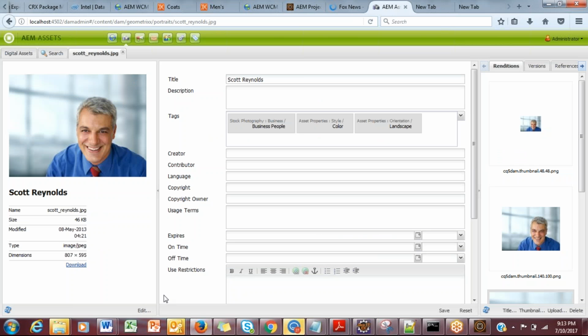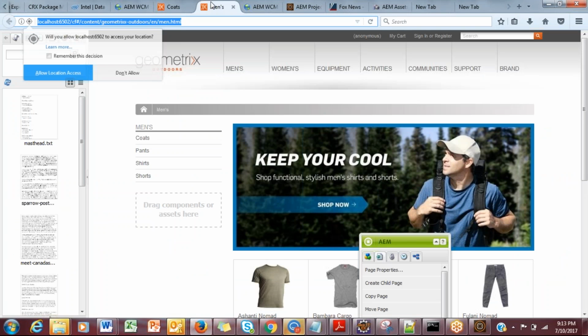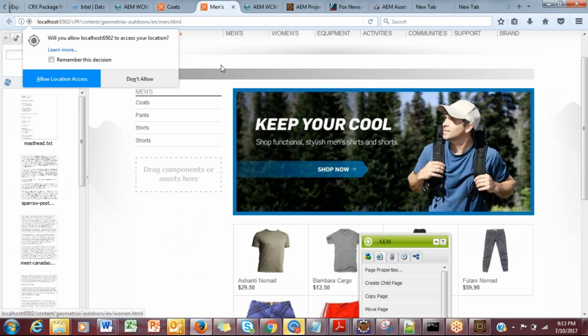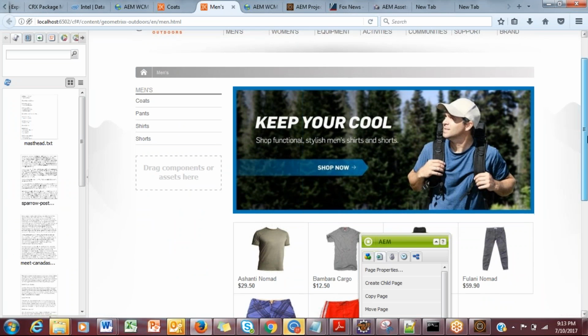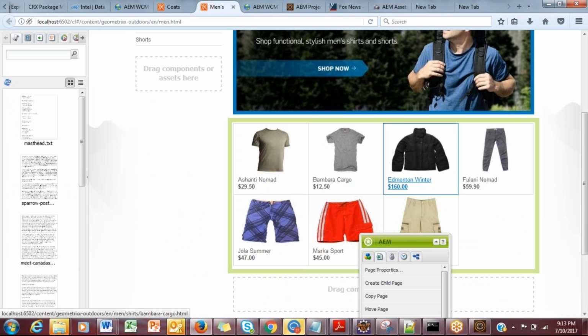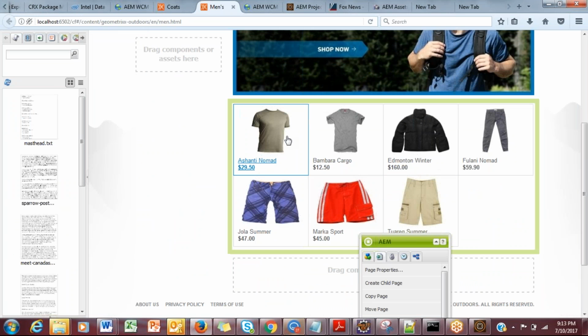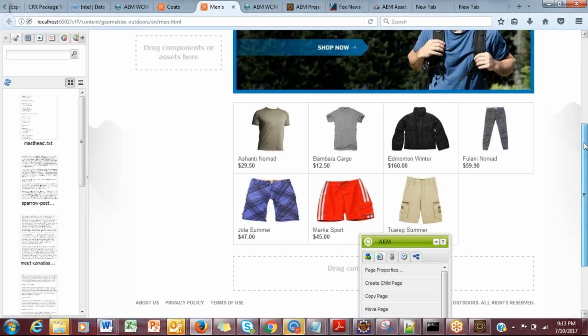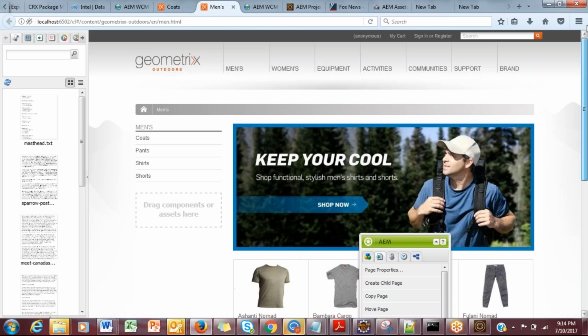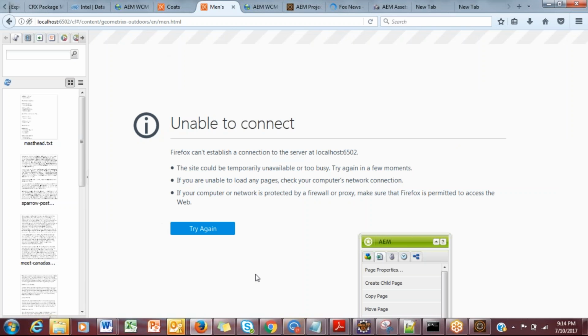So if you look at the same Geometrixx commerce site, yeah, this is the commerce site. Finally it is opened up. These are all the products here, the shirts, pants. You have the price, and somebody told we also require a shopping cart. So let's say I want to purchase this t-shirt.